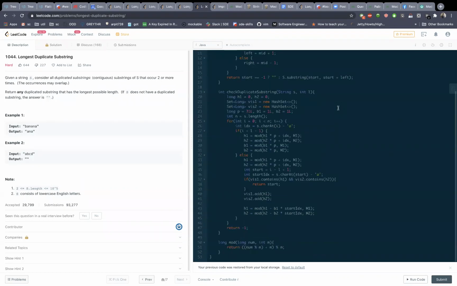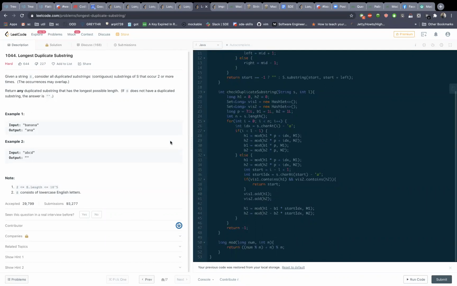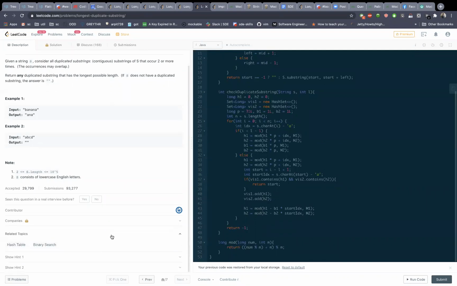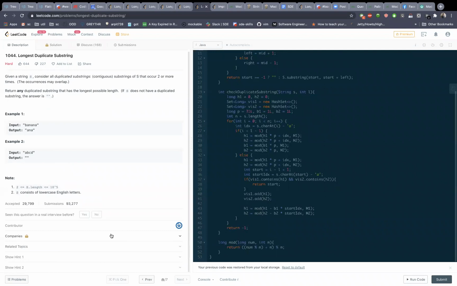Would you post a link to the related problem? Yeah, sure, I should. These 5 or 6 problems are all related, and it helps to keep practicing rolling hash. Even this one can be solved like this, even this one. I shall explore some problems, and if I find, I'll definitely share. Otherwise, I will share links to these 3-4 problems. Right now I have the longest duplicate string.